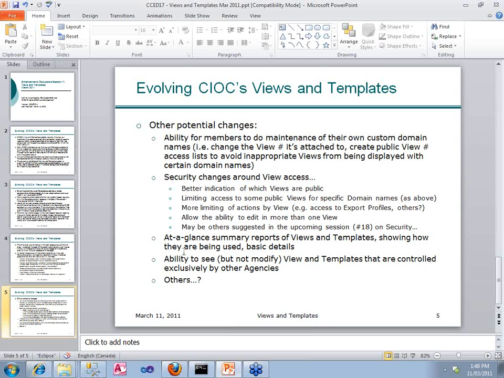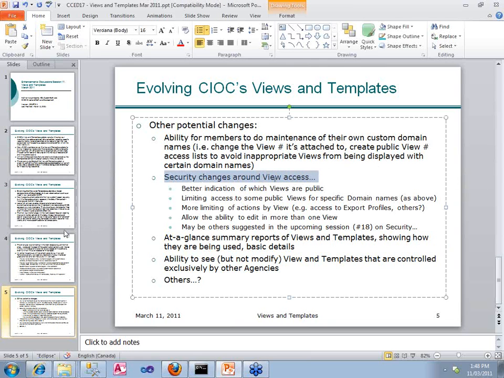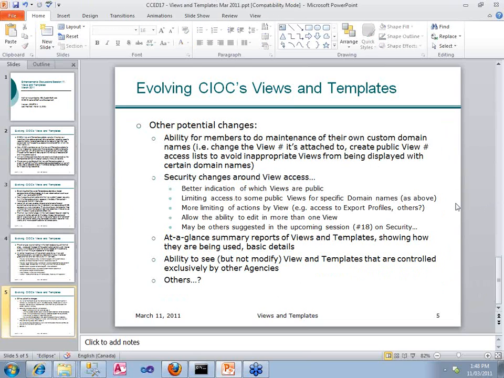That's the idea behind access lists. Okay. There's some other security changes we might make around view access. A better way to see which views are public views. This gets tricky because we've certainly had people